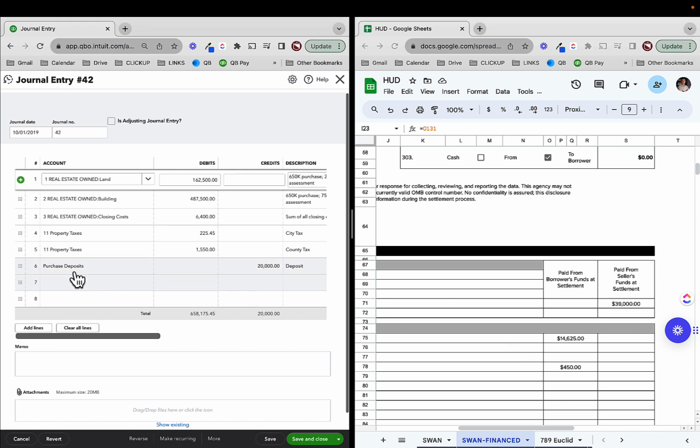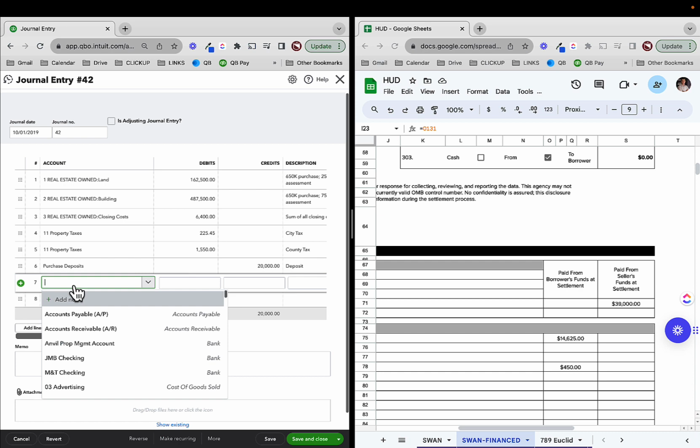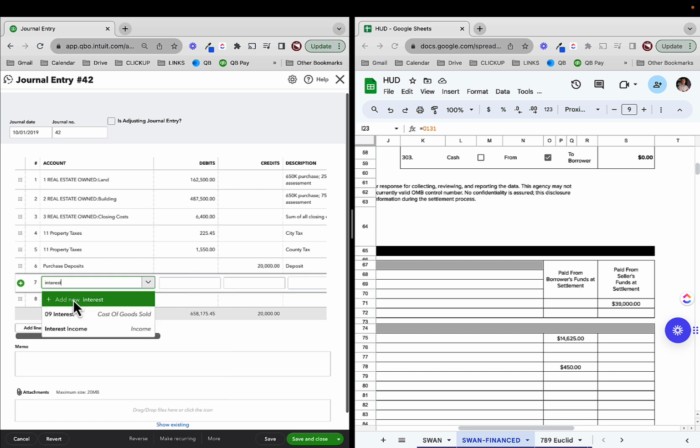Therefore, we're going to use an account for interest. Now, you could potentially have an origination fee separated out. In my opinion, there's not much value to that. Whether it's an origination fee or interest, it's all going to the same place. Again, talk to your tax professional, decide if you need it to be separated. I'm not going to. I'm going to debit